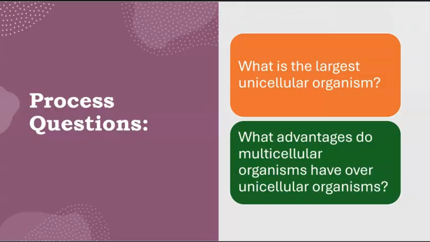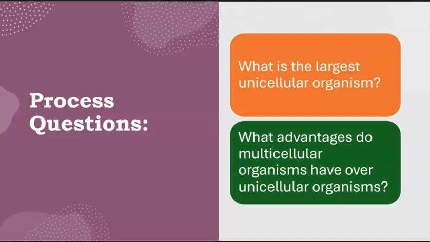What is the largest unicellular organism? Alright, so the largest unicellular organism is, from the video it's mentioned, Caulerpa taxifolia. It's a type of green algae, and it's remarkable. Single cell can grow up to 30 centimeters or about 1 foot in length. And unlike most unicellular organisms, which are microscopic, Caulerpa looks more like a plant with leaf-like structures, and it's visible